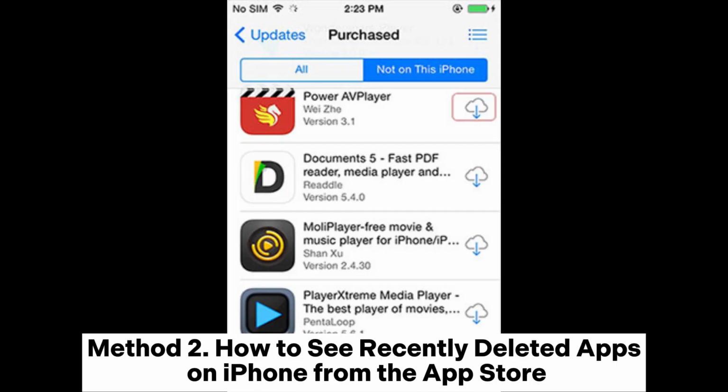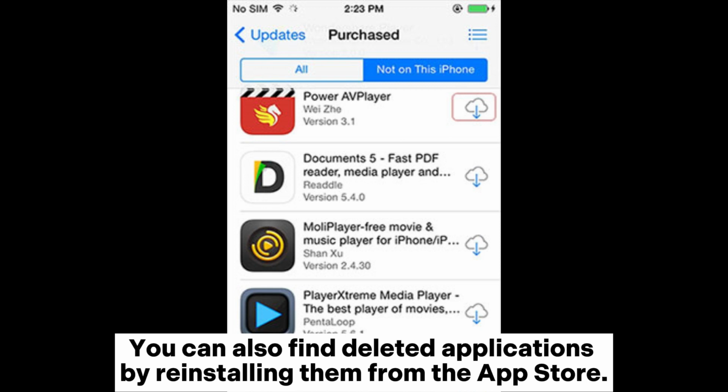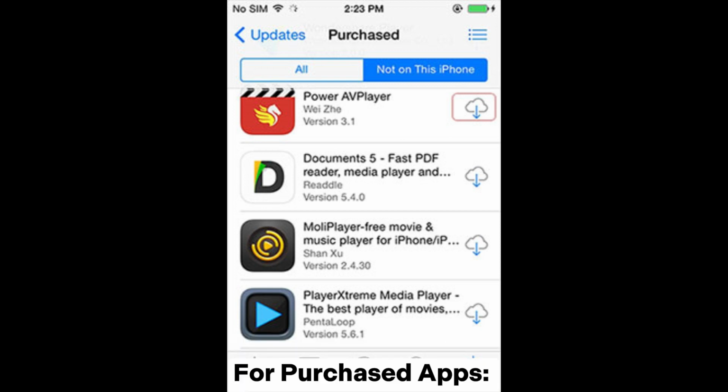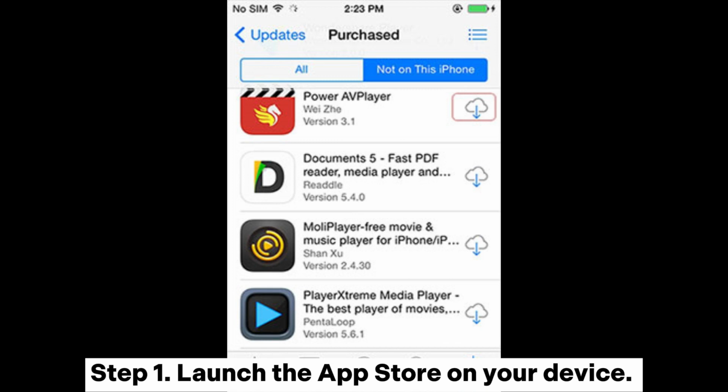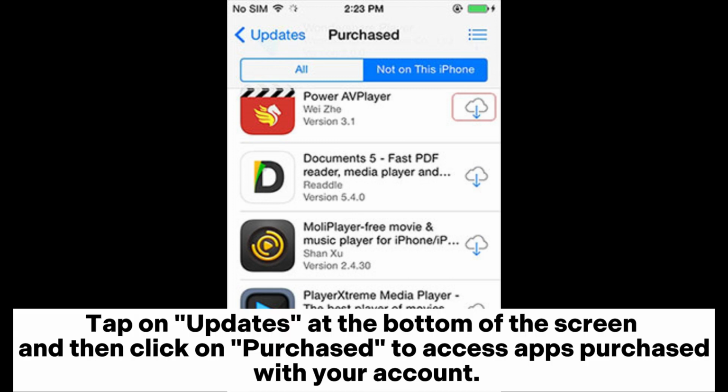Method 2. How to see recently deleted apps on iPhone from the App Store. You can also find deleted applications by reinstalling them from the App Store. For purchased apps. Step 1. Launch the App Store on your device. Tap on Updates at the bottom of the screen and then click on Purchase to access apps purchased with your